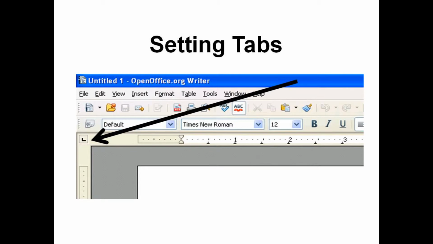To do this, all you do is go to the measurement where you want your tab stop to take place, and it'll delete everything that is default to the left of it while keeping the default setting to the right of it. Now, also, you need to remember that this is going to take effect for your entire document